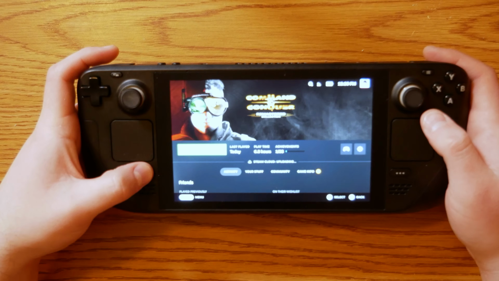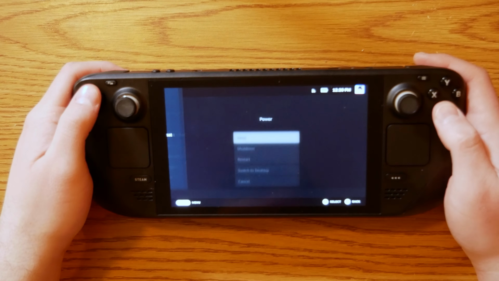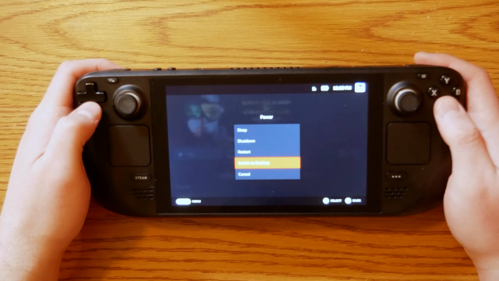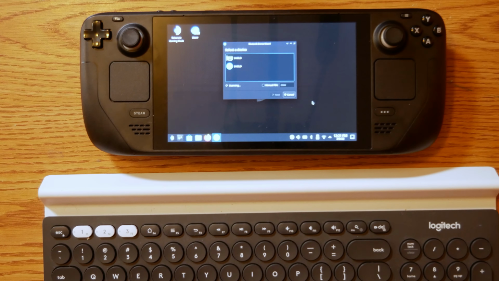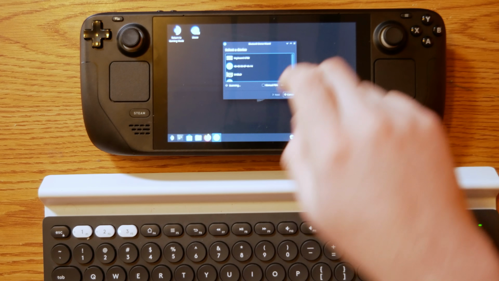The first thing that we're going to do is prepare our Steam Deck. Tap the Steam button and then open the power menu. From here, select switch to desktop. For the next few steps, you might want to have a keyboard connected to your Steam Deck. If you don't have a keyboard that you can use, you'll need to use the on-screen keyboard provided by Steam